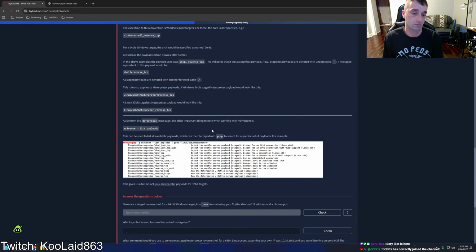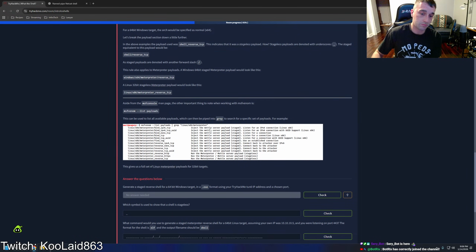Aside from the console man page, the other important thing to note when working with msfvenom is msfvenom --list payloads, which can be used to list all available payloads, which can then be piped into grep to search for a specific set of payloads. For example,